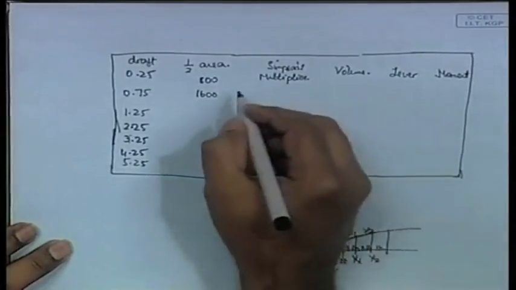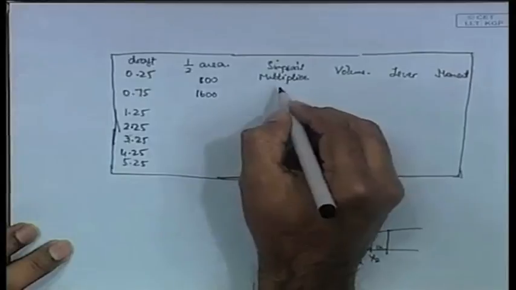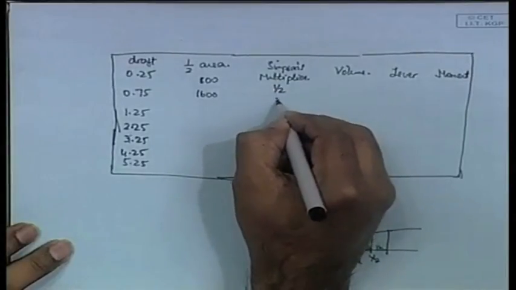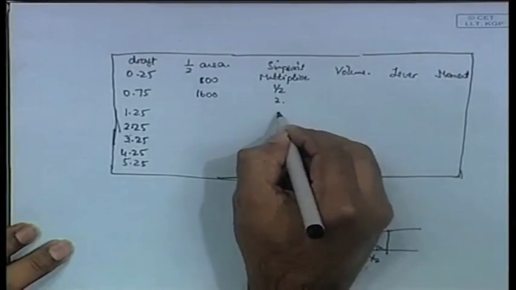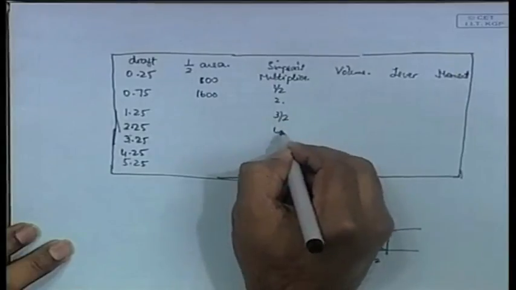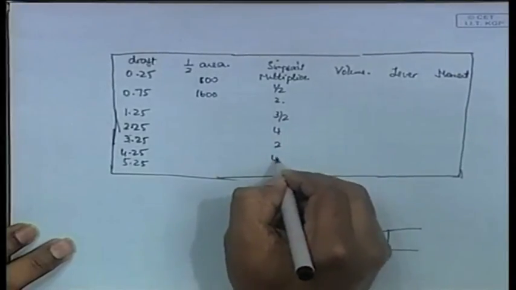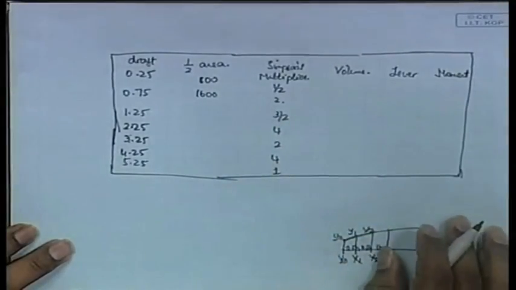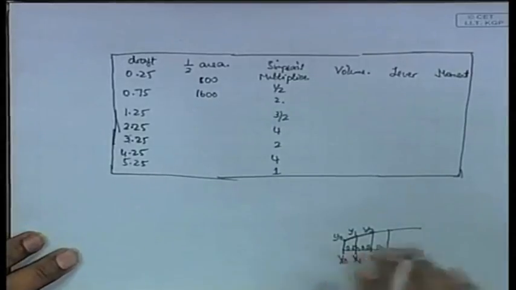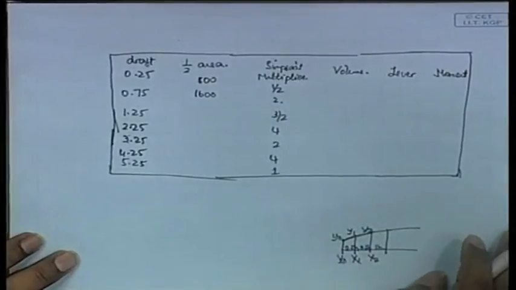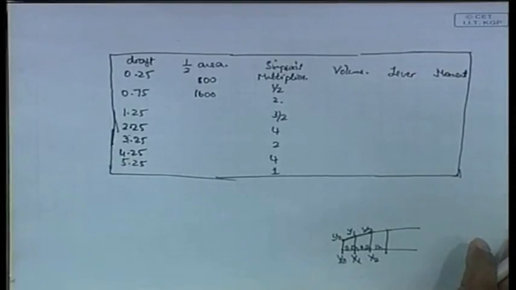Let's suppose that the Simpson's multiplier in this case really comes like this: half, 2, 3 by 2, 4, 2, 4, 1. It will end up like this for this particular case. We will derive it and see how it comes. And now you are also told that